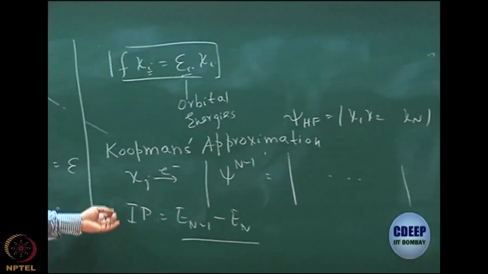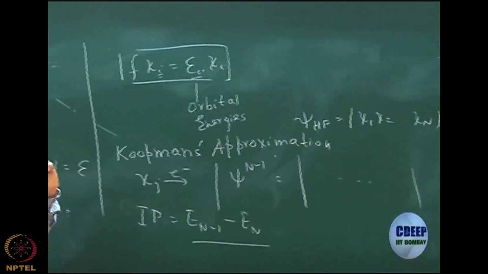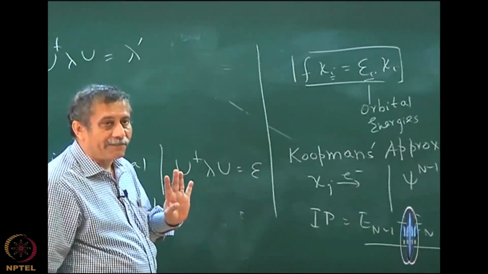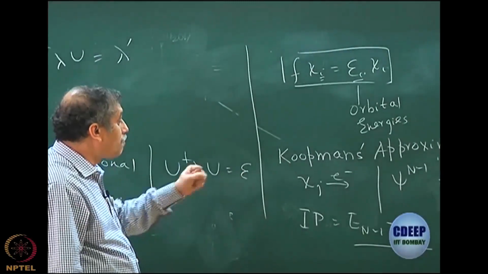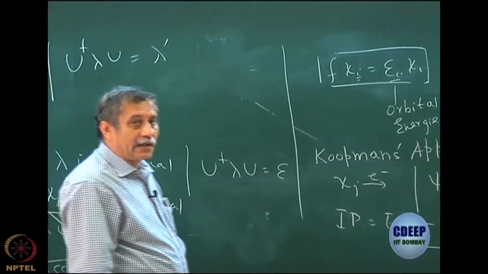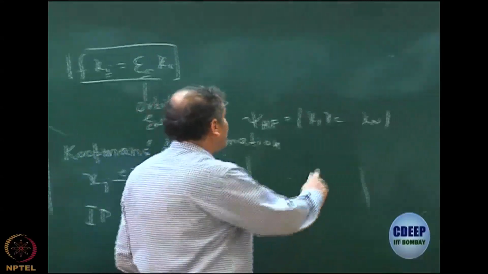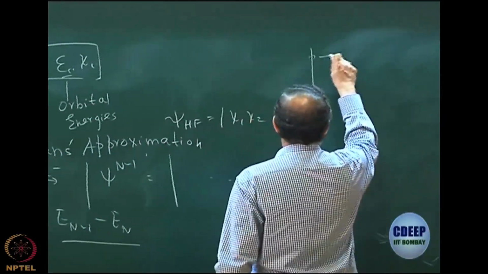So, this is the amount of energy required to ionize the electron. Okay? So, that is what you will get. So, this is known, there is nothing to do with Koopmans. What Koopmans said, that the approximation says that to first order,